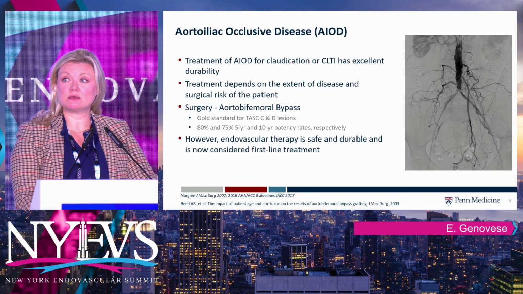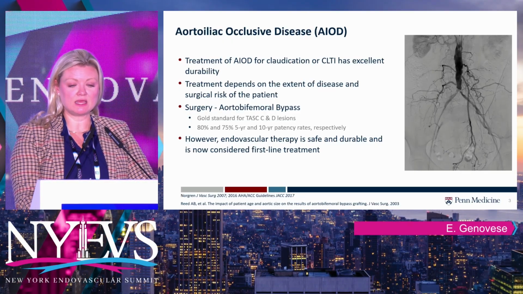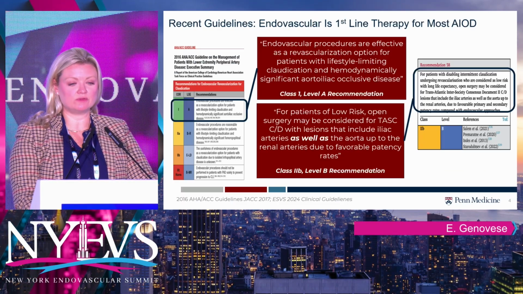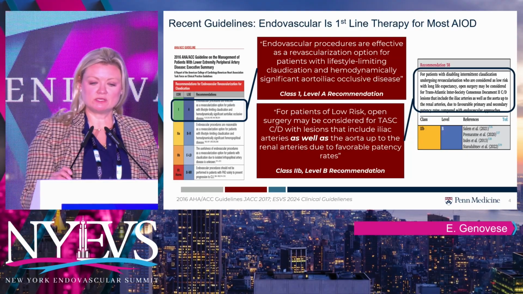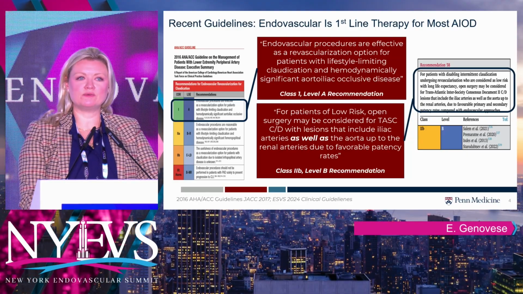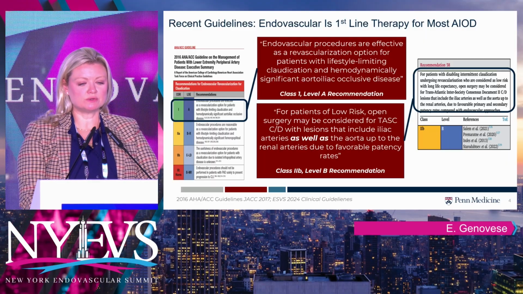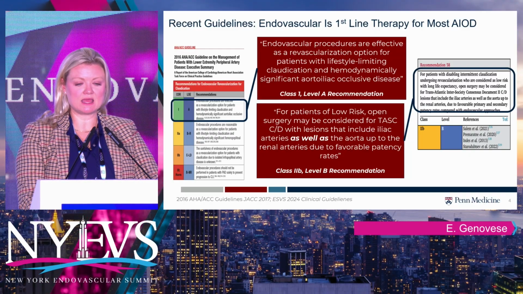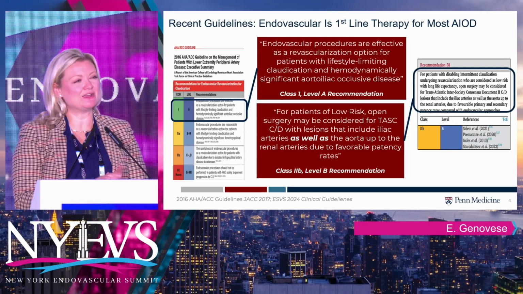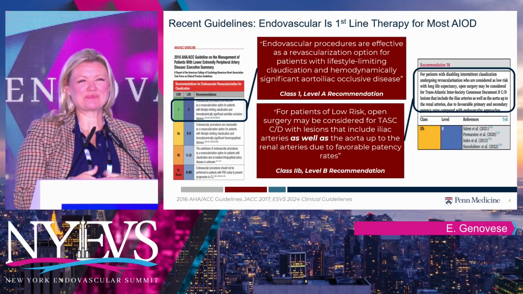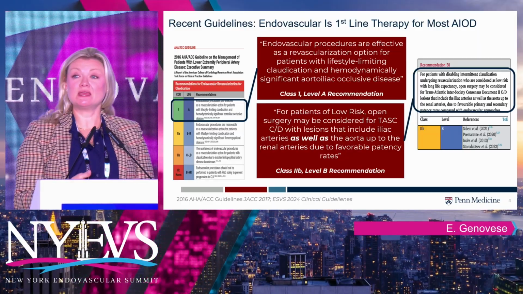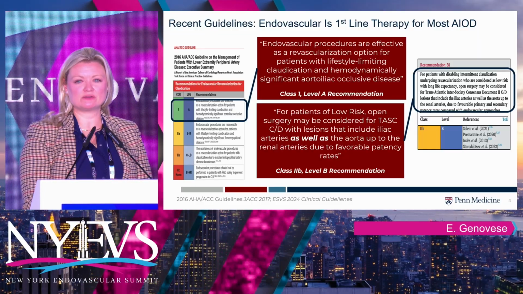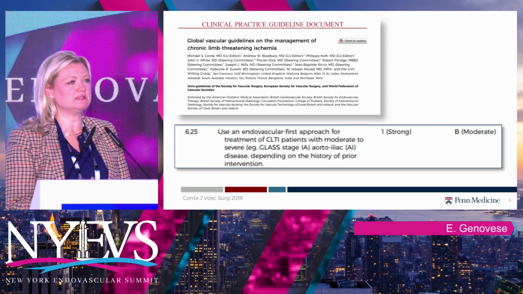However, they do come with some upfront costs with regards to morbidity and mortality, and we've really taken a shift with regards to our approach to this as an endovascular first approach in this more inflow treatment algorithm. You can see multiple different societal guidelines do approve an endovascular first approach. The 2016 AHA guidelines recommend an endovascular first approach, and the recent European societal guidelines actually word it such that if a patient is low risk, you can consider them for an open bypass, which I think is a dramatic shift in how we've thought about things. Again, this supports an endovascular first approach because of the increasing technologies we have to be successful for this.